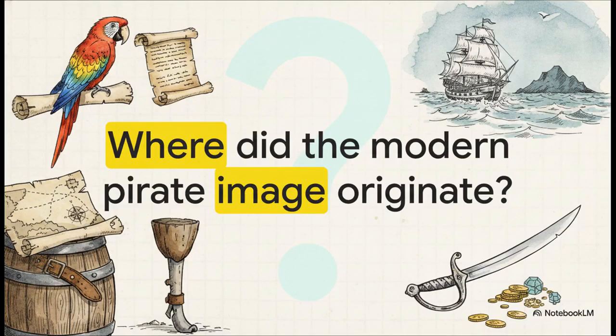But before we really jump into the story, let's ask ourselves, where did all these enduring pop culture images actually come from? The treasure maps, the peg legs, the talking parrots, we see them absolutely everywhere, right? From cheap Halloween costumes to massive billion-dollar Hollywood blockbusters. You'd naturally think these ideas must have been stitched together from hundreds of years of real, gritty maritime history. But actually, the truth is way more focused than that, and a whole lot more interesting.